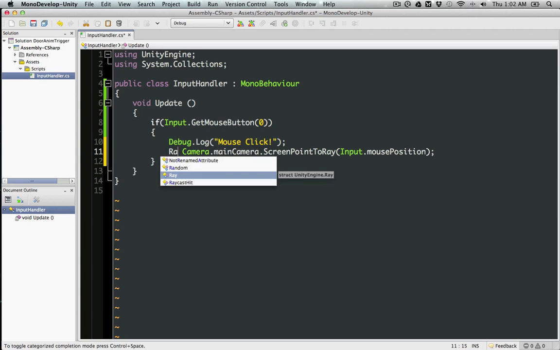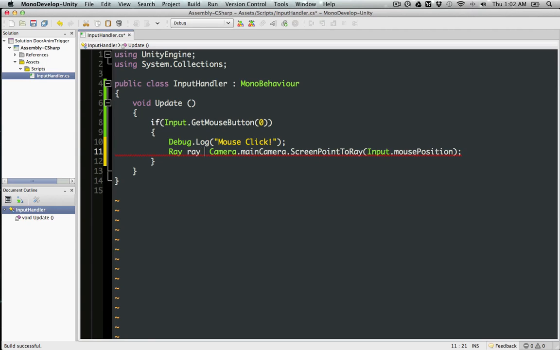So this is going to return a ray, and we're going to do a raycast. It's going to be Physics.Raycast, and we're going to pass in the ray dot origin and ray dot direction,